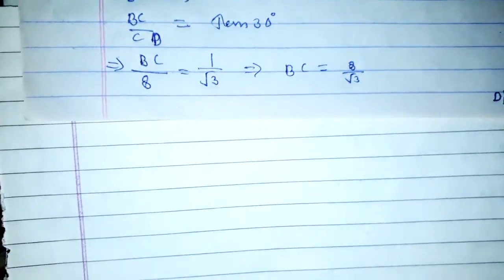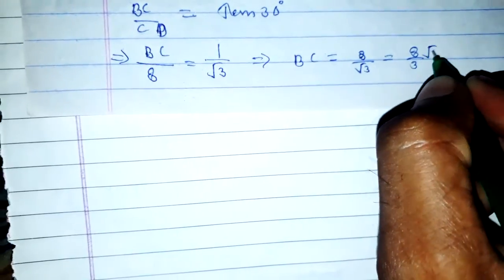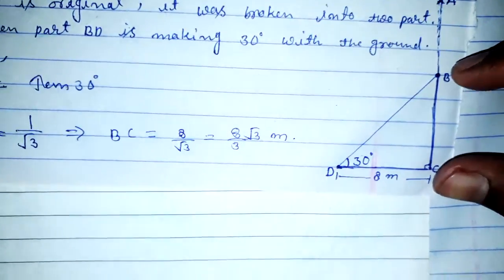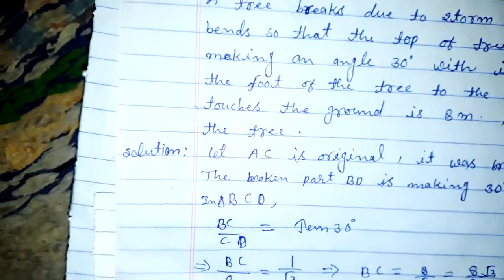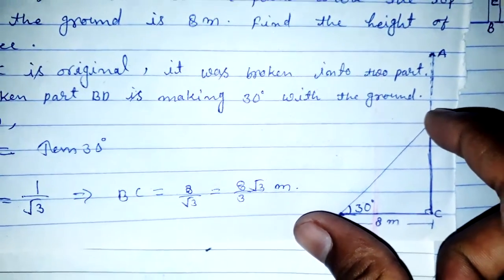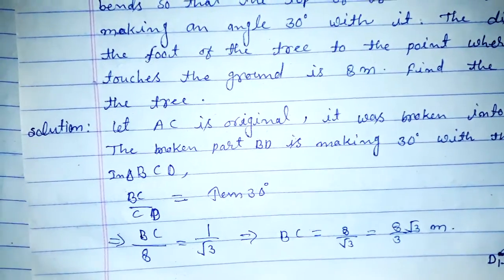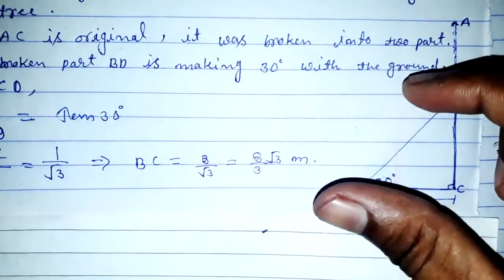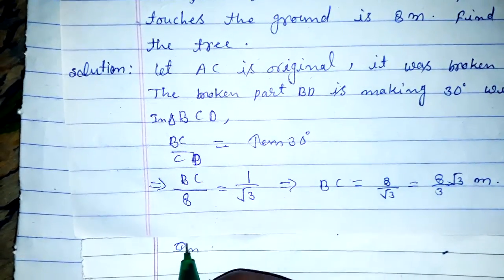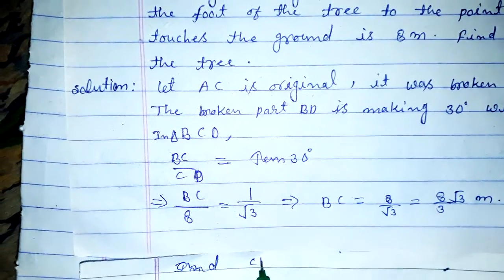If you rationalize the denominator, the value is 8 upon 3 root 3 meter, and this is the value of BC. Now using the other ratio we will find this part also, the part of the tree. So take the ratio of this side and this side, so the ratio in the triangle is CD upon